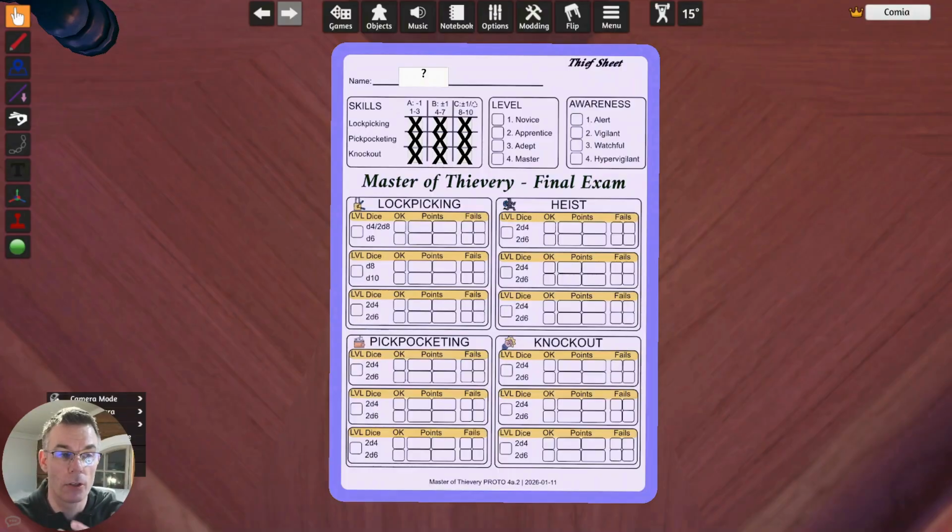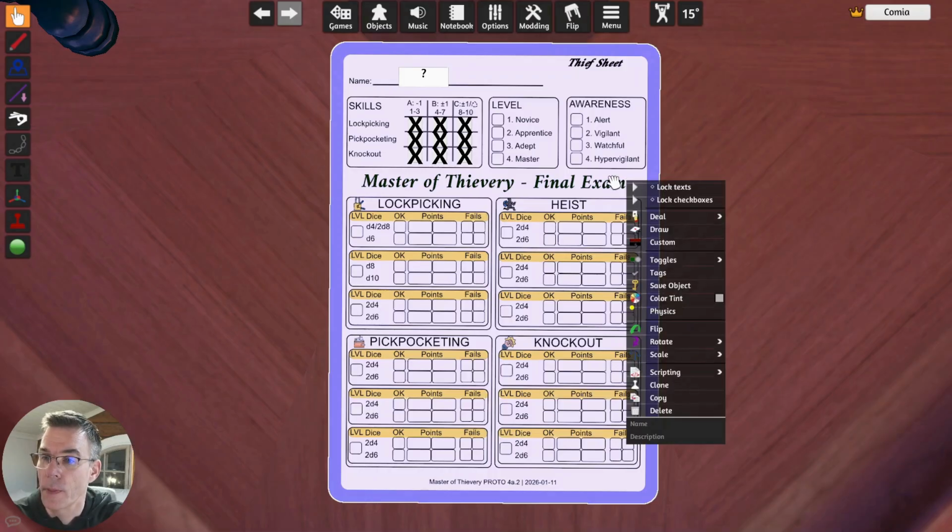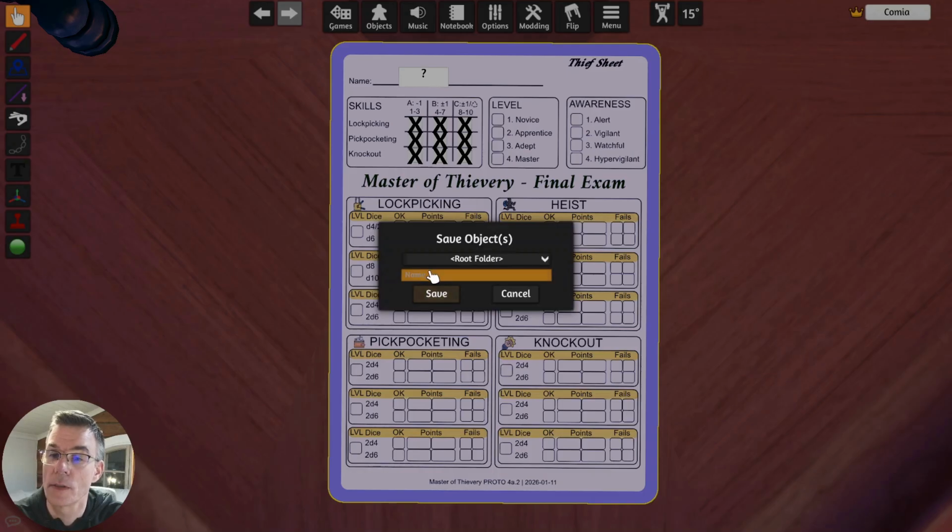So if you have not done this before, it's also quite easy. It works anywhere, not only in this module. Right click on the components, select Save Object, select Folder, and name it, for example, my editable div sheet.